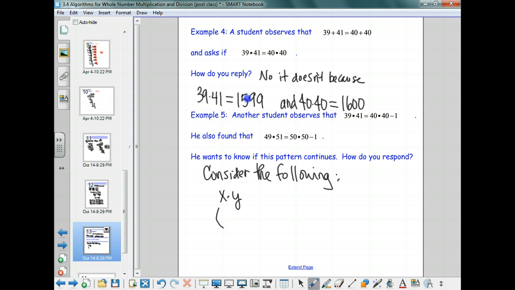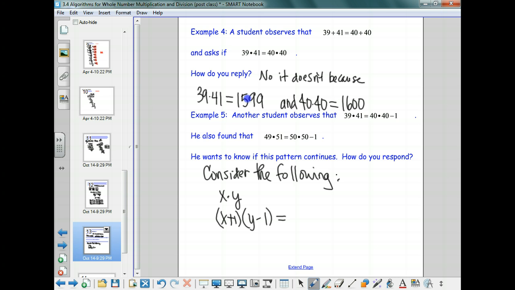Right? Because we've already established that if you try lots of examples, there may be one example you didn't try that doesn't work. Agreed? Right? 0 divided by 0 is not 1. We did that one last time. So let's increase the first one and decrease the second one. So the question is, will this always equal the numbers that we got right here minus 1? Does it always do that? Well,